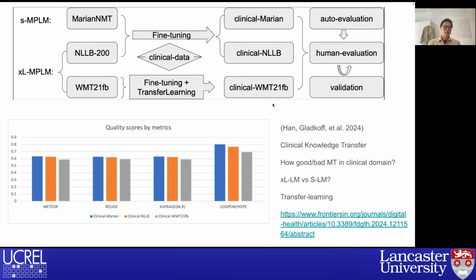The reason we think is that the small model understands the language, and it is doable to fine-tune it with, let's say, 500K sentences to the clinical domain. But for the giant model already trained by Facebook or other companies, because it's so big, we will need a lot of real clinical data to fine-tune it successfully. And in most cases, we don't have enough clinical data. That's why it performed well, but not as well as the smaller model.